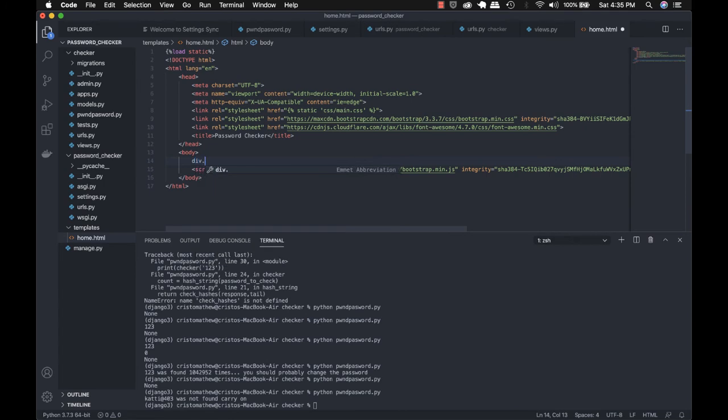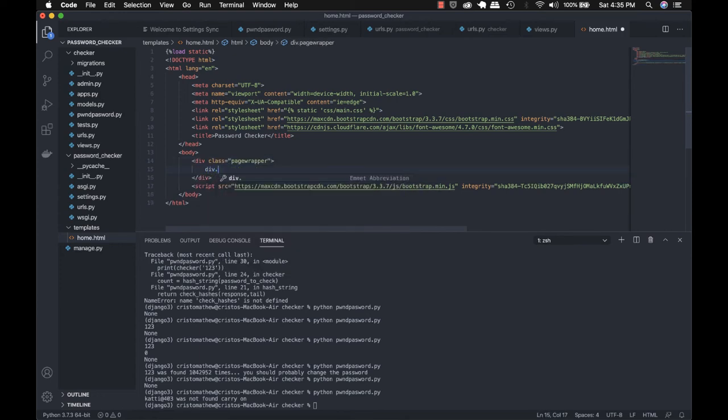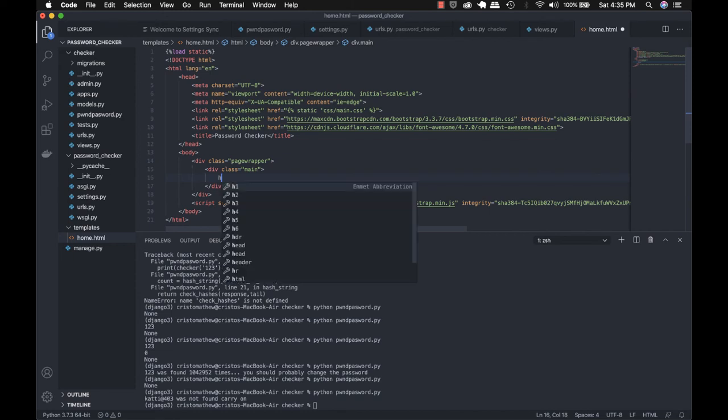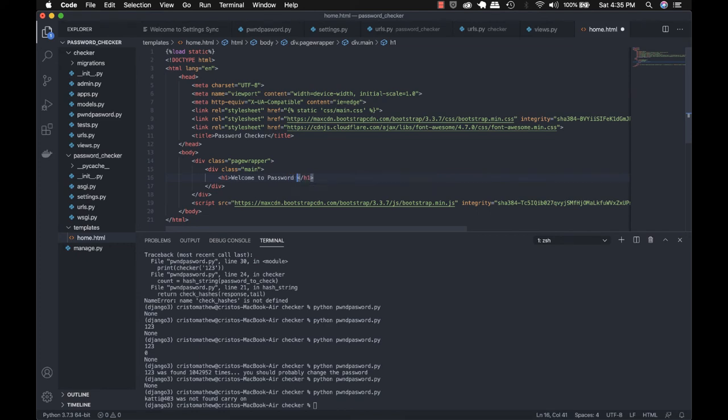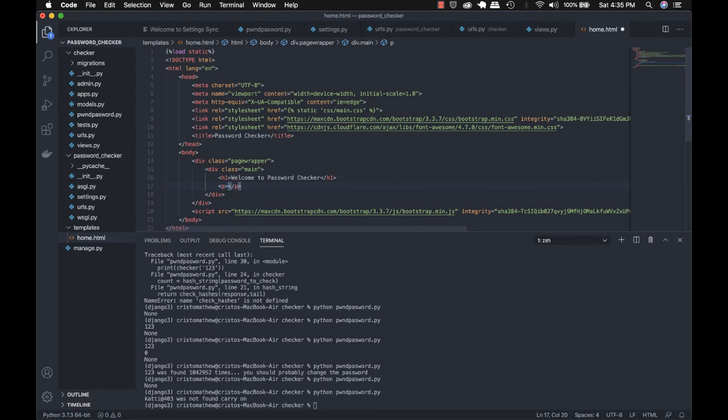So I'll call this page wrapper, and here we'll have two classes. One is main for our main content, and one is our result content. So under main content we'll have our h1 tag. We'll say welcome to password checker, and under our p tag we'll say please input your password below,